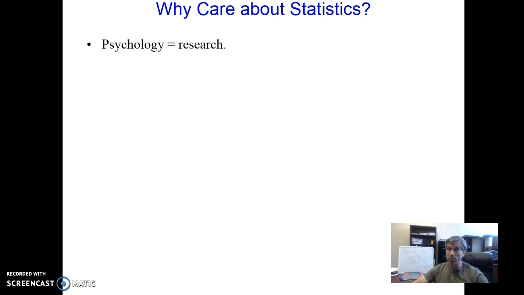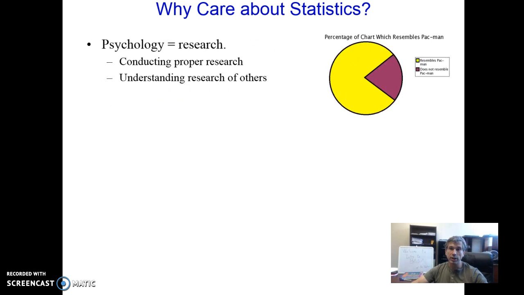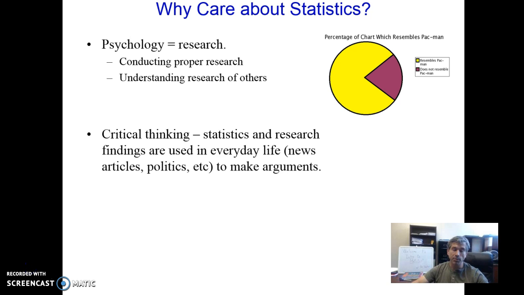Well, psychology and those other fields that folks come from are heavily grounded in empirical research. So even if you're not conducting research yourself, as many people do as they progress through their educations, you're still going to be reading and interpreting and applying the research of other people. So being fluent in how research works and how information is communicated, how to tell good results from dubious results from fictitious results, is a really important skill in all of those areas. Again, even if you don't plan to ever do anything with research. There's our little Pac-Man chart to help summarize some information about what does and doesn't look like Pac-Man.